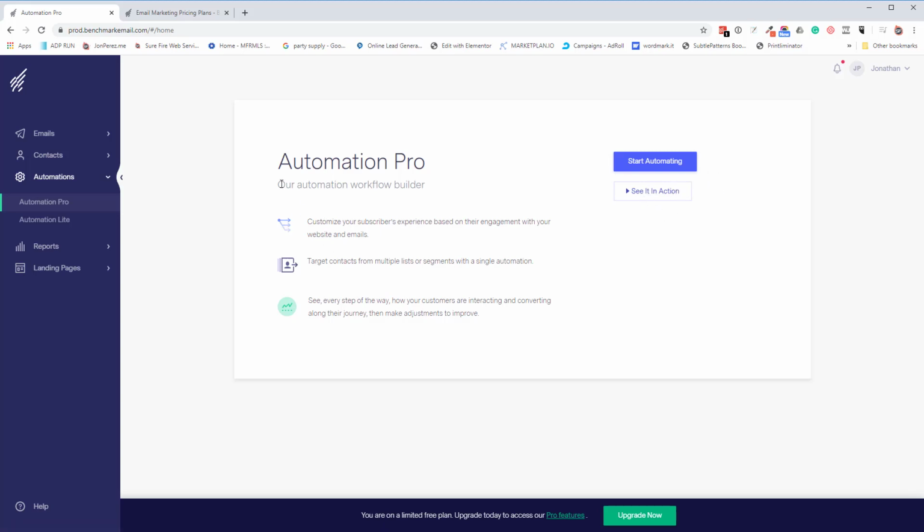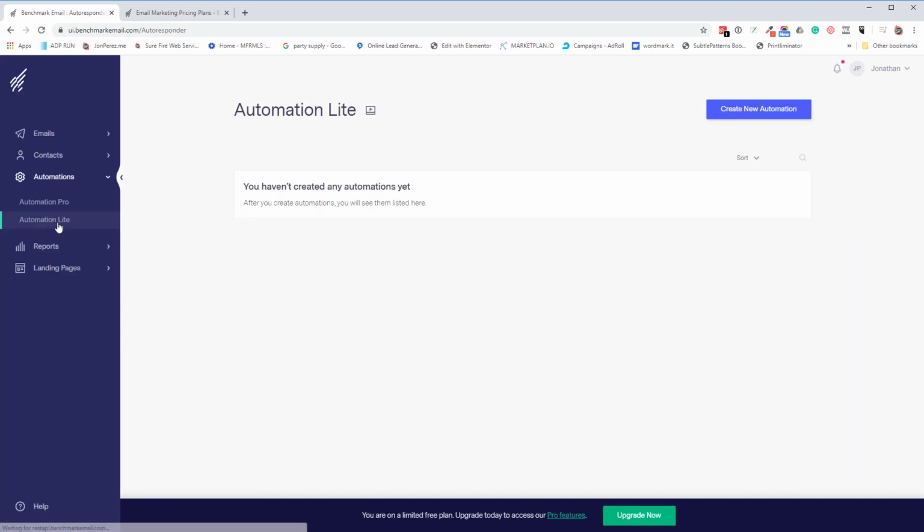And this is really cool, but this is a little more advanced. So I'm not going to get into that because there's nobody on the list. We're kind of starting from scratch. Automation Lite is exactly where we want to be. This is where we're going to create the welcome email once someone signs up. And then we're going to take that welcome email and then put them on a drip of 4 to 5 different emails after that. You also have reports, which gives you pretty much everything that you would need, and landing